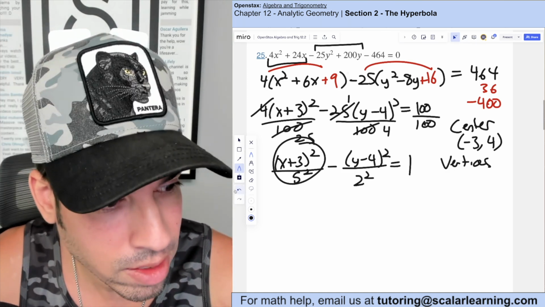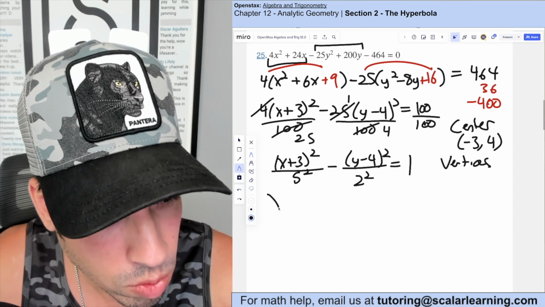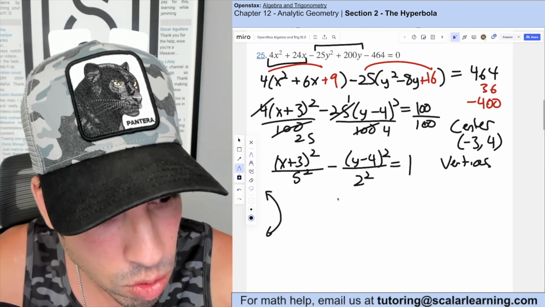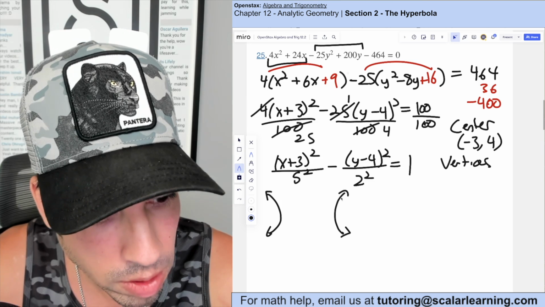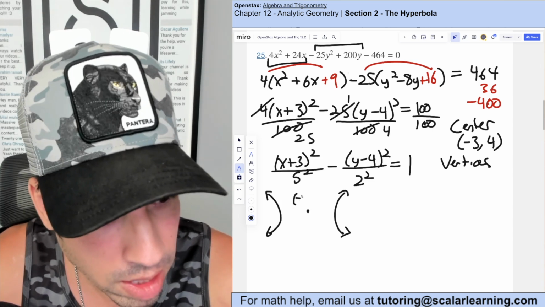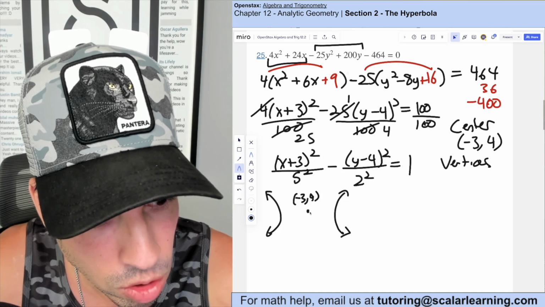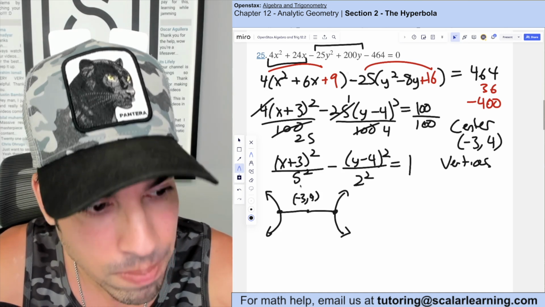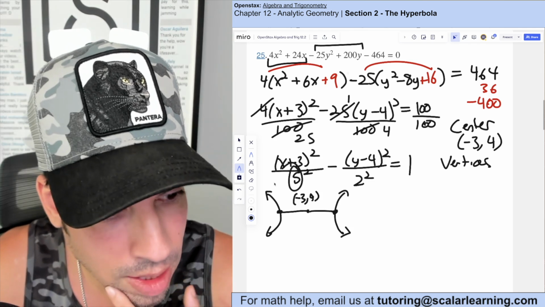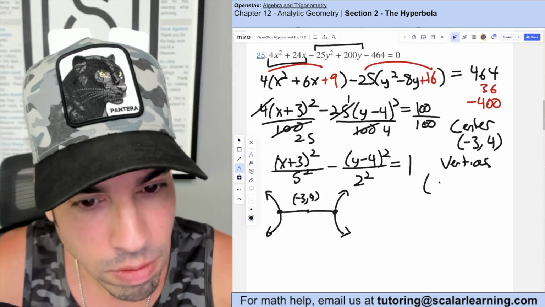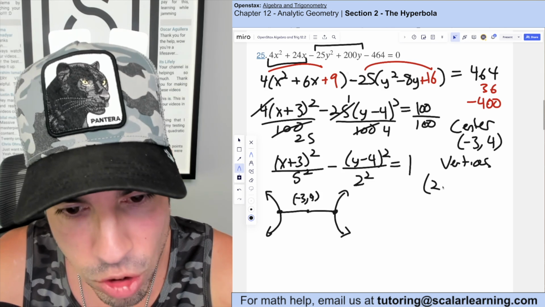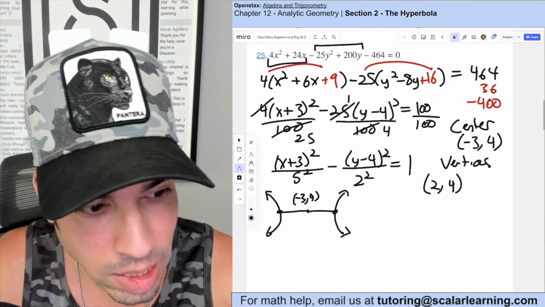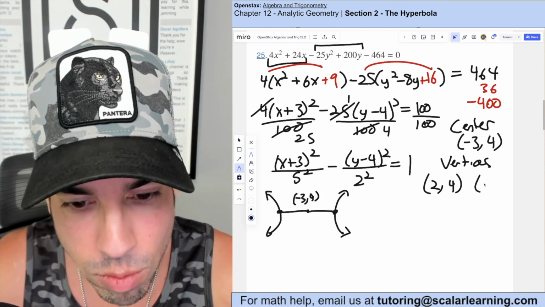First of all, the x is in the front. That means it's going left and it's going right, like so, okay? And that means our center's right here at -3, 4. So the vertices are going out to the left and to the right, right? They're right there. And how much do they go left and right? That value, meaning 5. So the vertices are 5 plus -3, which is 2, and -3 minus 5, which is